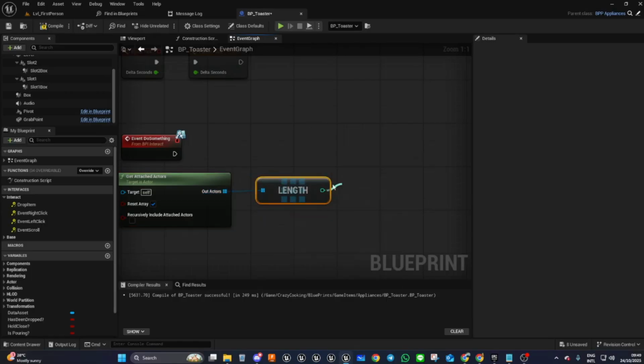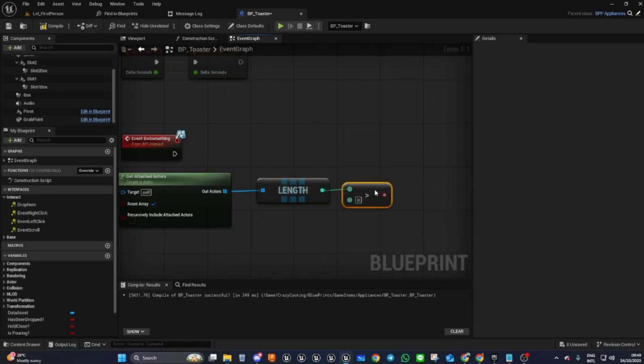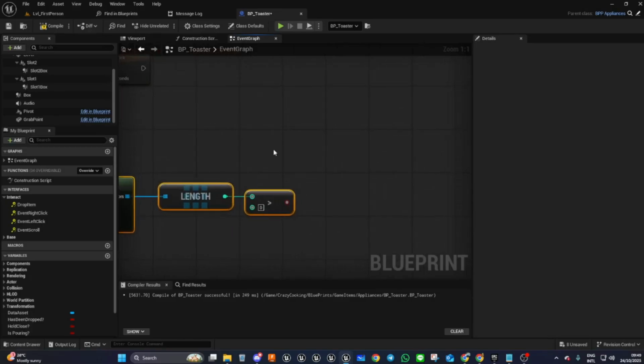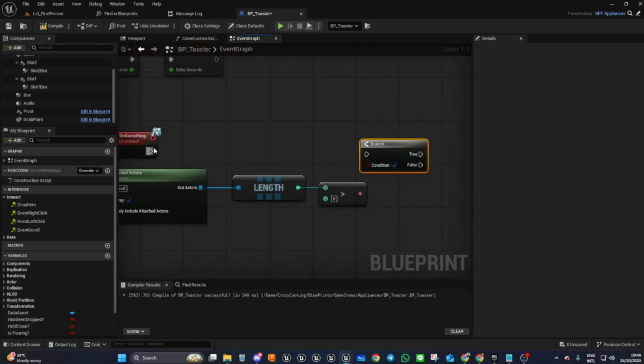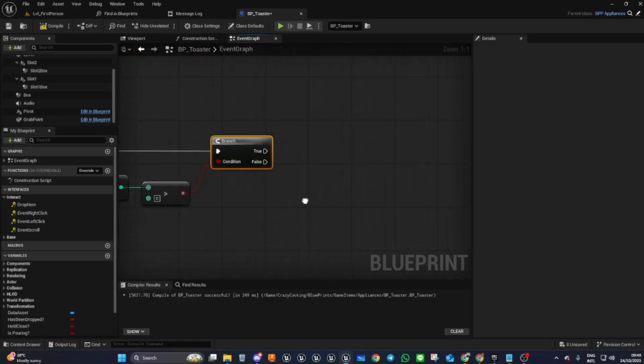I'm simply going to say, is this length greater than 0? And we're going to do it once. We're going to check if it has any attached actors, i.e. the bread. If the answer is no,